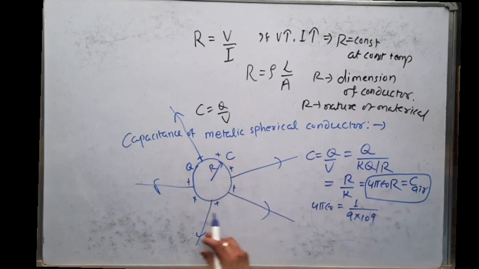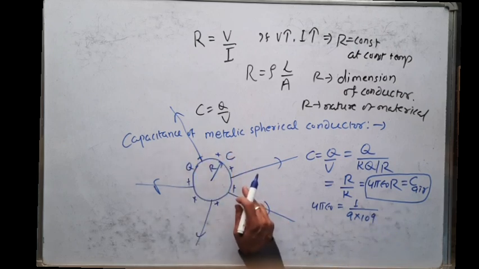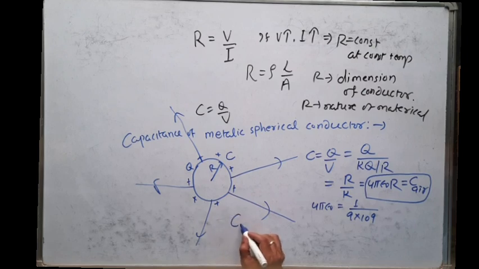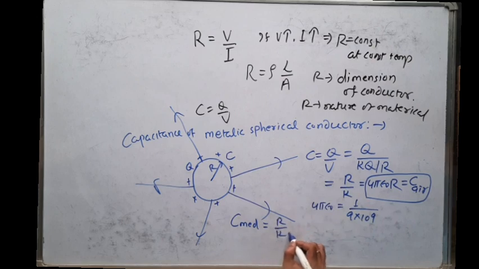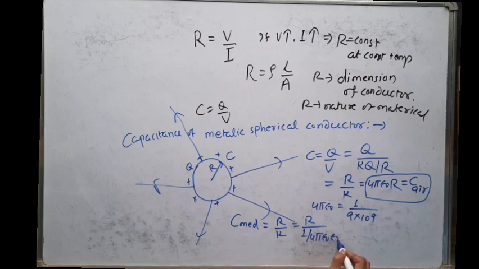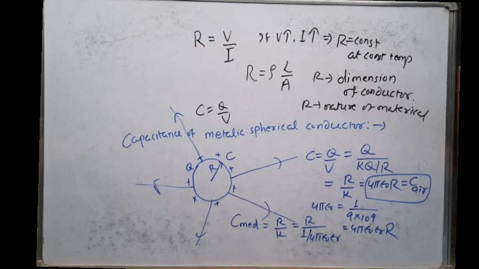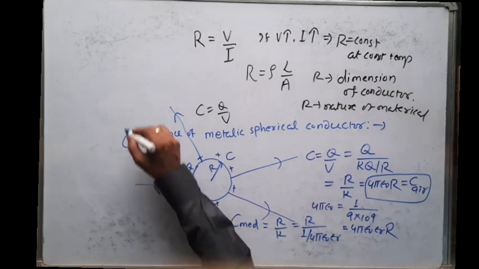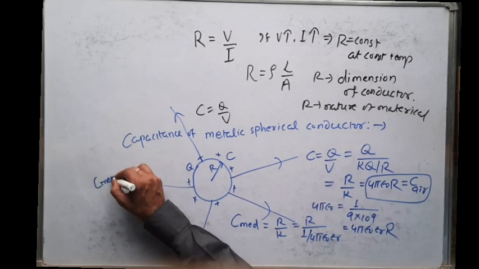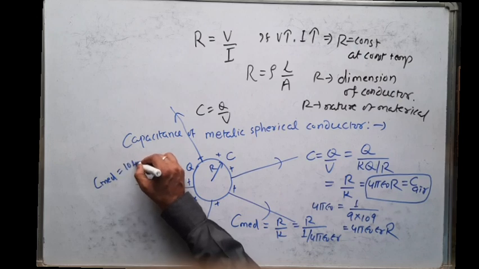But if the medium is other than air, then what is the formula? Capacitance in any other medium is equal to R by K, but here K is equal to 1 by 4 pi epsilon naught epsilon R. So capacitance is 4 pi epsilon naught epsilon R into R, the capacitance of a spherical conductor in a medium other than air. Now we can find: if the capacitance in a medium is given as 10 microfarad,